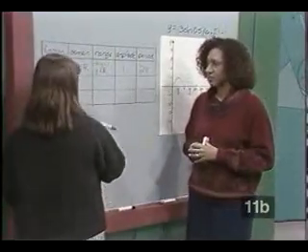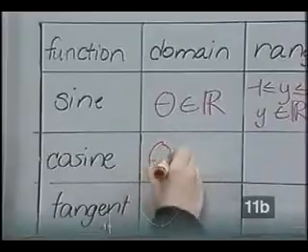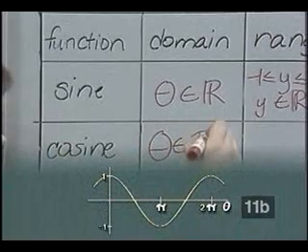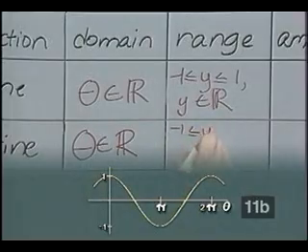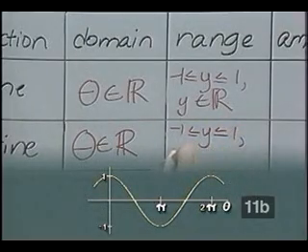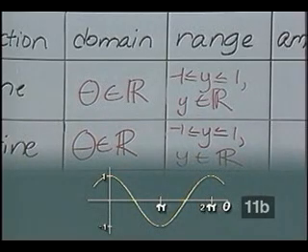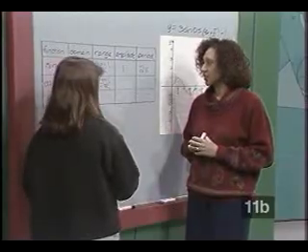Cosine function. It has a domain again, theta in the set of real numbers. Okay, again, no undefined values. And its range is y can be between -1 and +1. Inclusive. And again, y is an element of the set of real numbers. Good, so we've got a minimum of -1, maximum of 1. So its amplitude would be